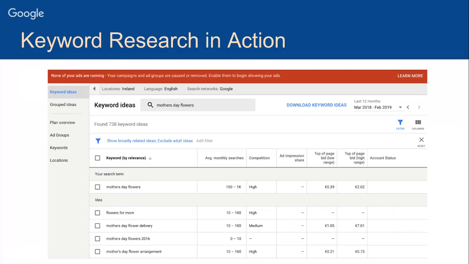She starts thinking, oh God, what is average monthly search? What is competition? What is ad share? Like, what does all of this information mean? And how could she possibly start choosing search terms that her users want to read about and that Google wants to rank her for? So I'm going to make it a little bit easier by going through the UI